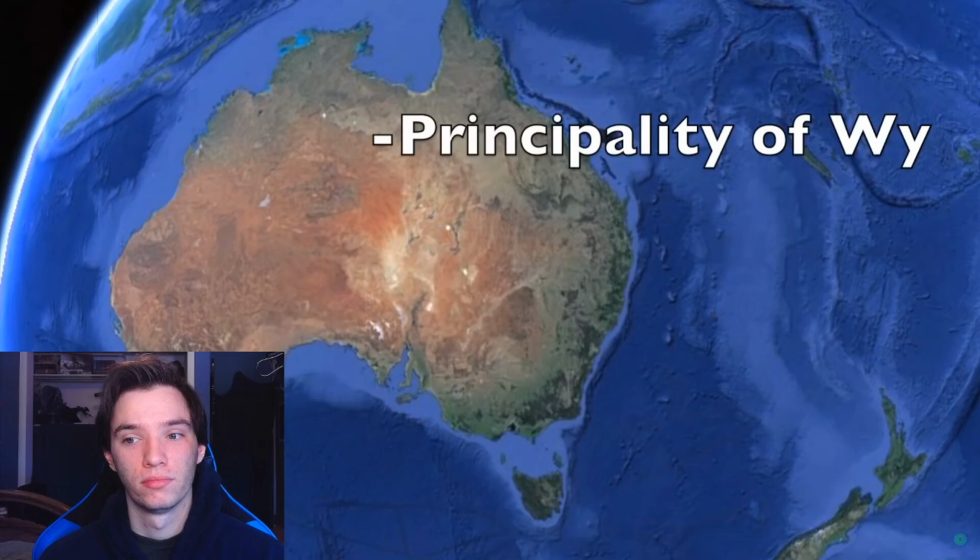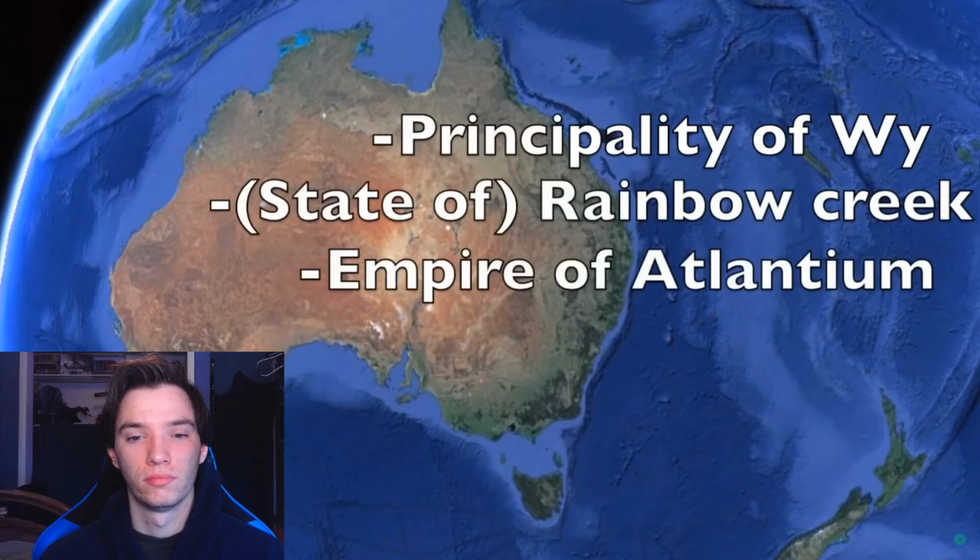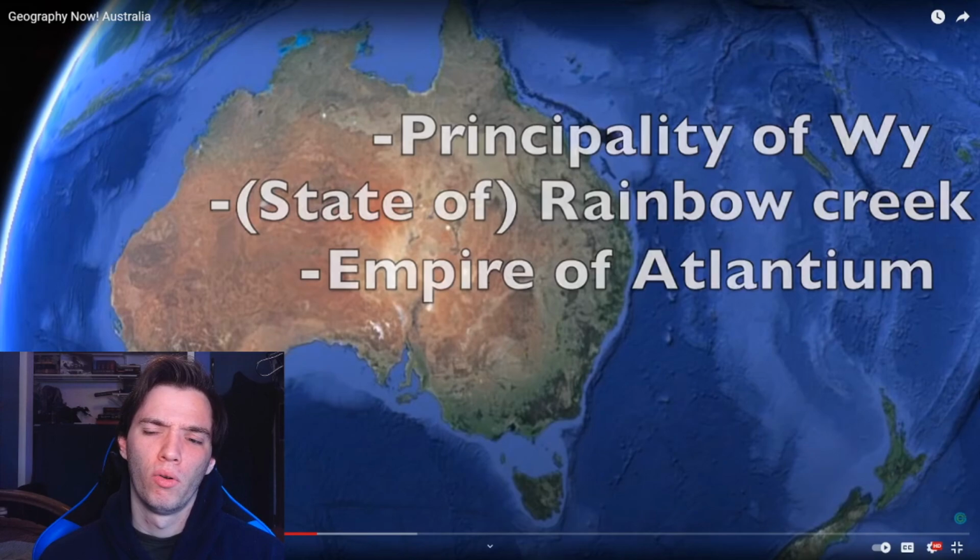Finally, Australia is home to arguably the most micronations in the world. Places like the Principality of Wye, Rainbow Creek, the Empire of Atlantium, and more. These nations were developed by either small groups of people or a single person because they were doing things like protesting taxes and wanted to claim autonomy,